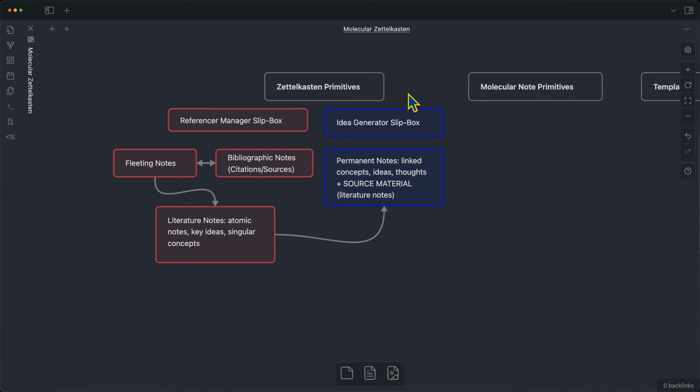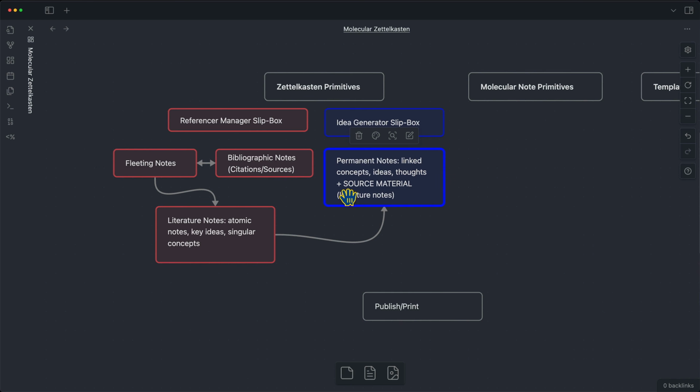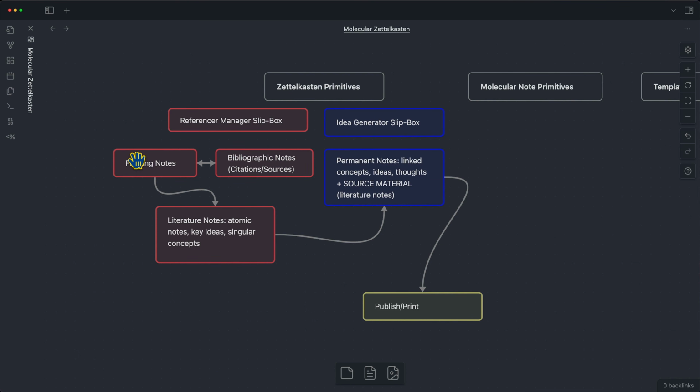And then the whole point of using this type of note-taking system is that we have a goal of publication. We're writing for print. So we want to take the key insights, the distillations that we've added into our idea generator slip box, and express them in some form of publication. As we come across new sources, we take fleeting notes and track where we got the notes from. We go back and review those notes and extract key ideas, singular concepts in atomic notes or literature notes.